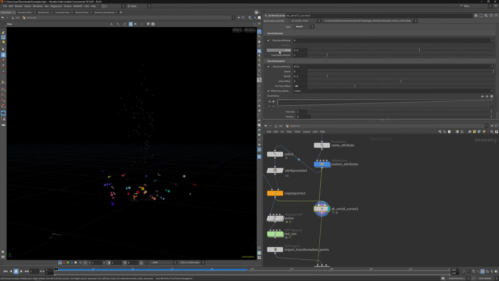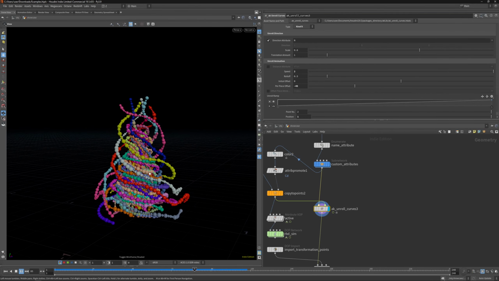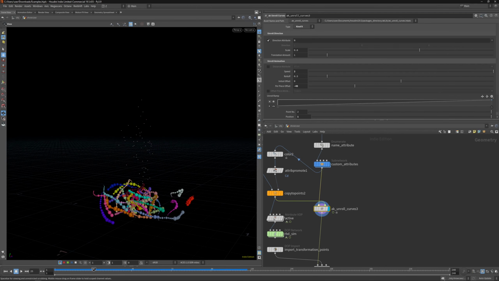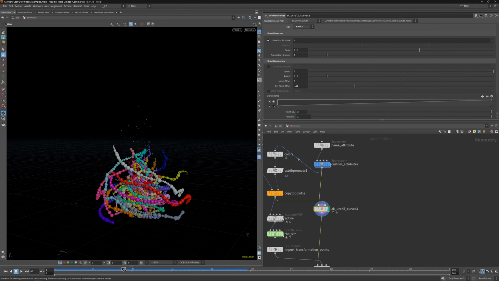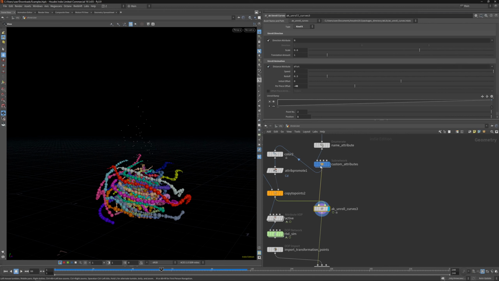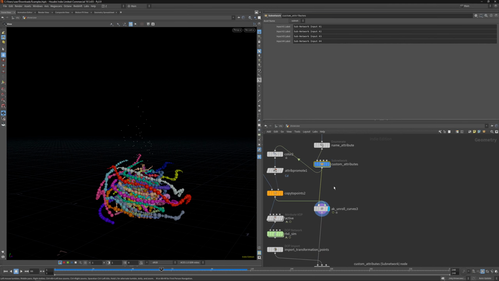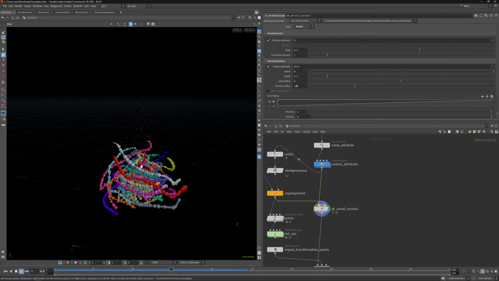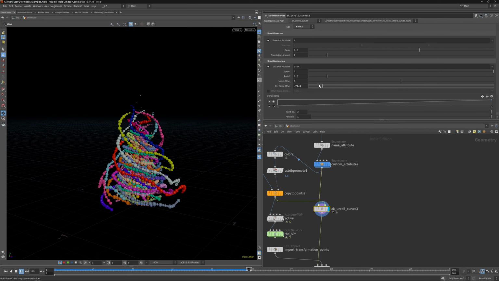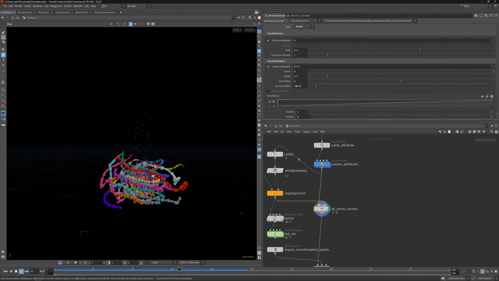So by default, if we turn off everything here, you can see those curves are actually growing, but they are growing strangely. But if you use this distance attribute, basically, as I said, this is just a curve view attribute on the curves. You can see now it's totally different result, and you can control this result easily. You can see